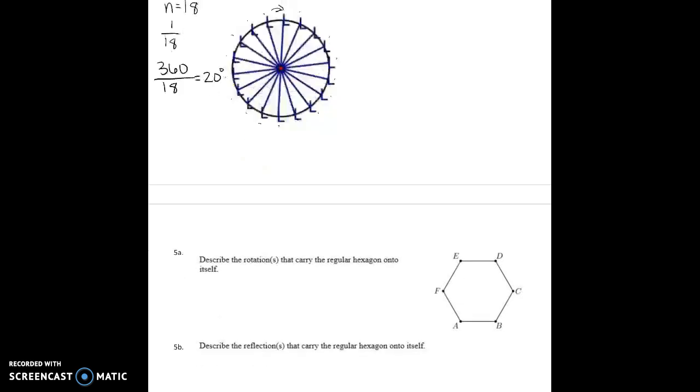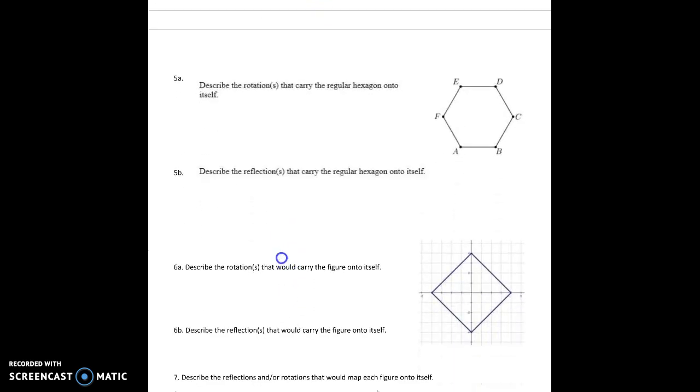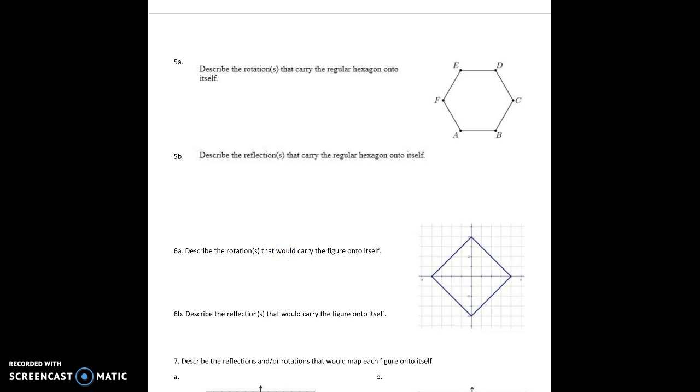All right, I'm going to do 5A and 5B just so you get the hang of things before this time runs out. So in number 5A, it says describe the rotations that carry the regular hexagon onto itself. Well, a hexagon means that this has 6 sides, so I have n equals 6. So if I want to find the rotation, then I know that this is going to work every 60 degrees. So this hexagon will look the same at 60 degrees,